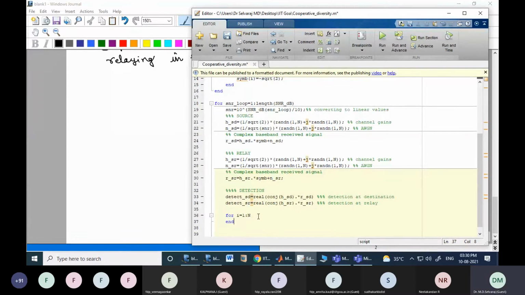I just take each symbol detection. If the detected first symbol, the ith symbol, is greater than 0, that means it is going to follow on the positive side. Then the symbol cap 1